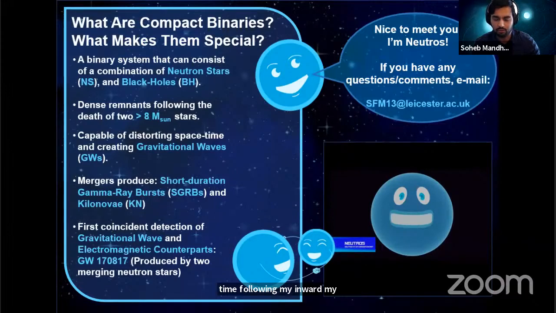And we'll hear more about gravitational waves in Isabel's talk. But following on from this, when these systems eventually go on to merge, we may see some form of electromagnetic counterpart. We may see short bursts of gamma rays known as short duration gamma ray bursts, or we may see multi-wavelength transients such as a kilonova.